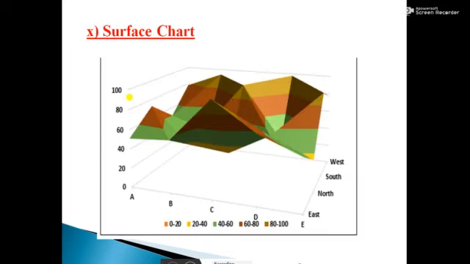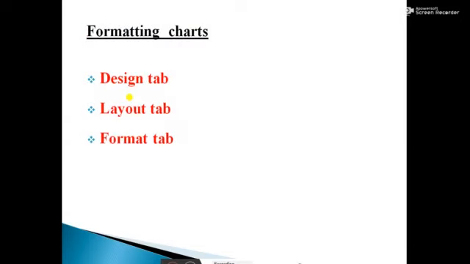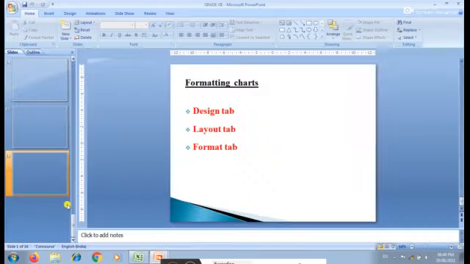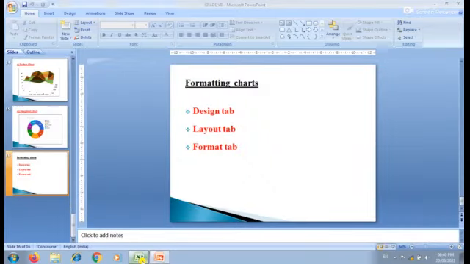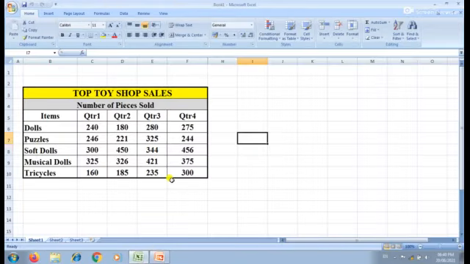I will explain how to create a chart in Excel. With the help of MS Excel, I will show you how to create a chart for the data series. See here, students, I have created the table Top Toy Shop Sales.